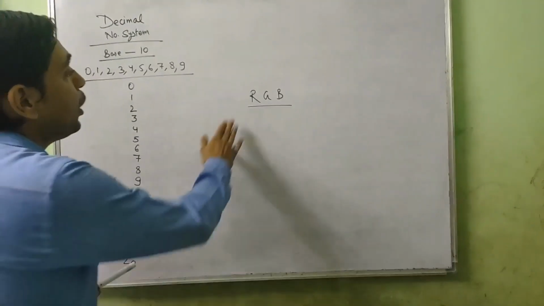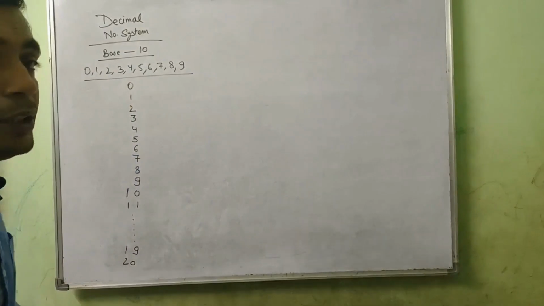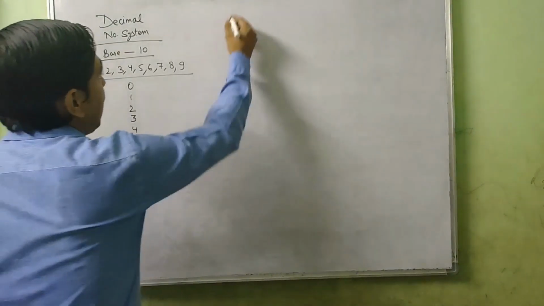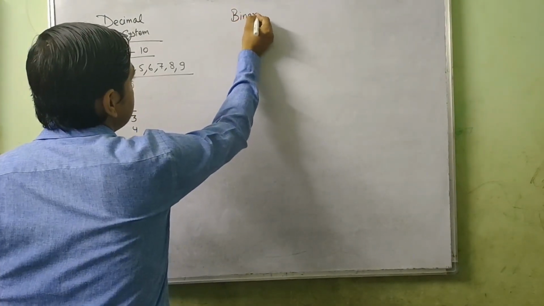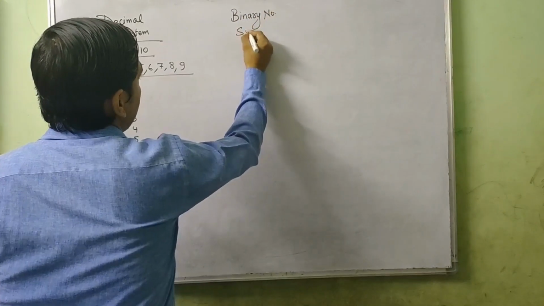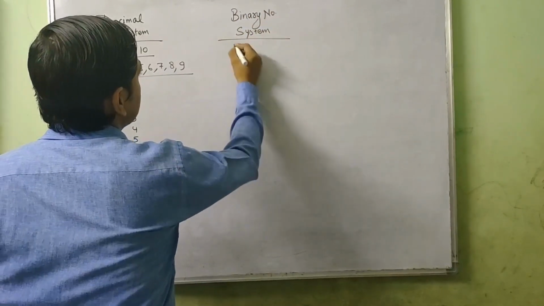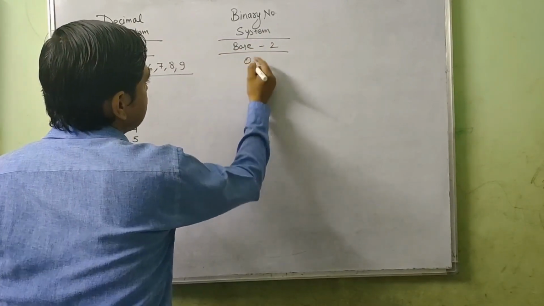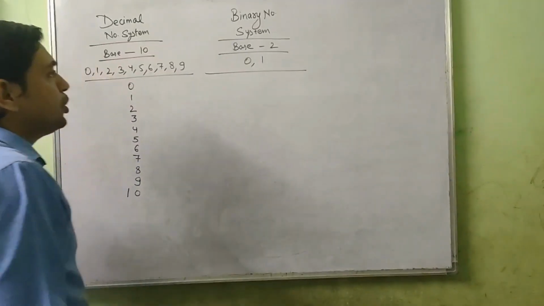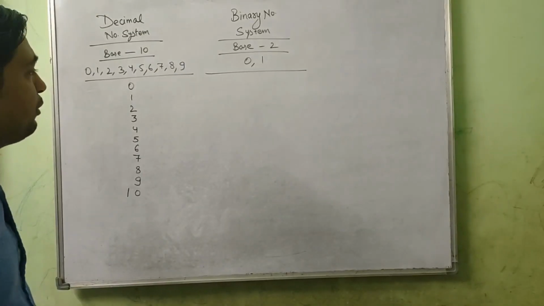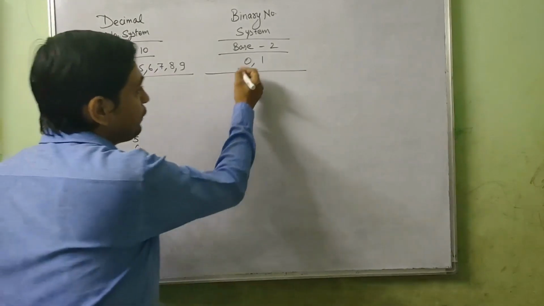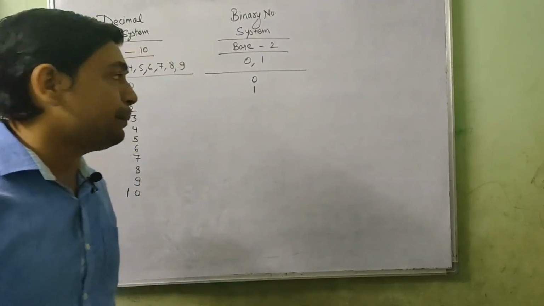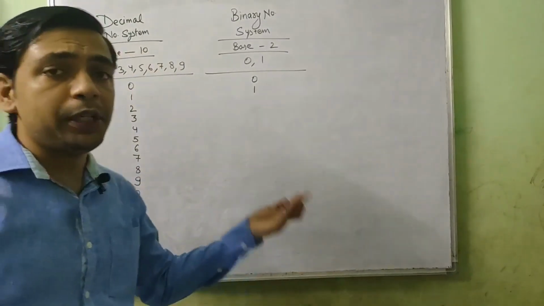The next number system on which the computer works is the binary number system. In the binary number system, the base is 2. That means there are only 2 digits which we will use, and these digits are 0 and 1. All the numbers in the binary number system are formed with 2 digits, 0 and 1. So we will repeat from the smallest digit till the largest digit, and since all the digits are repeated, now we will move on to 2-digit numbers.